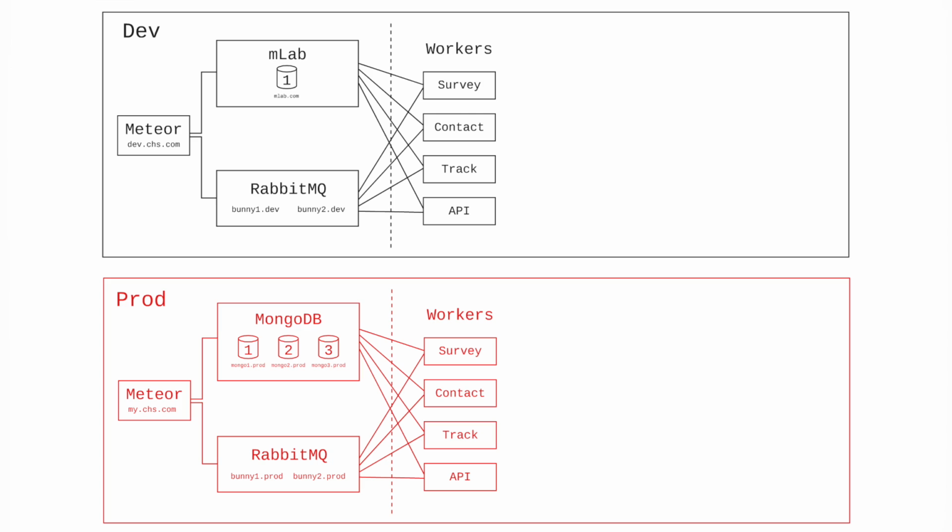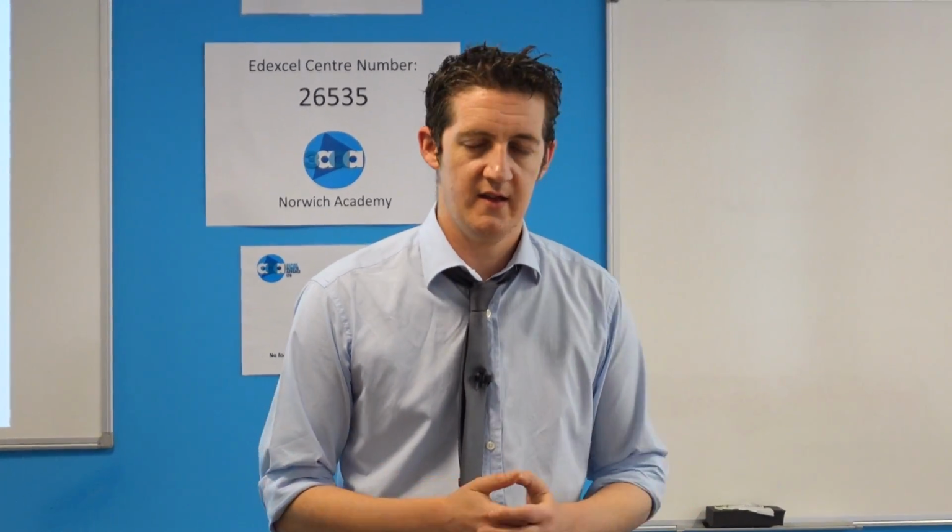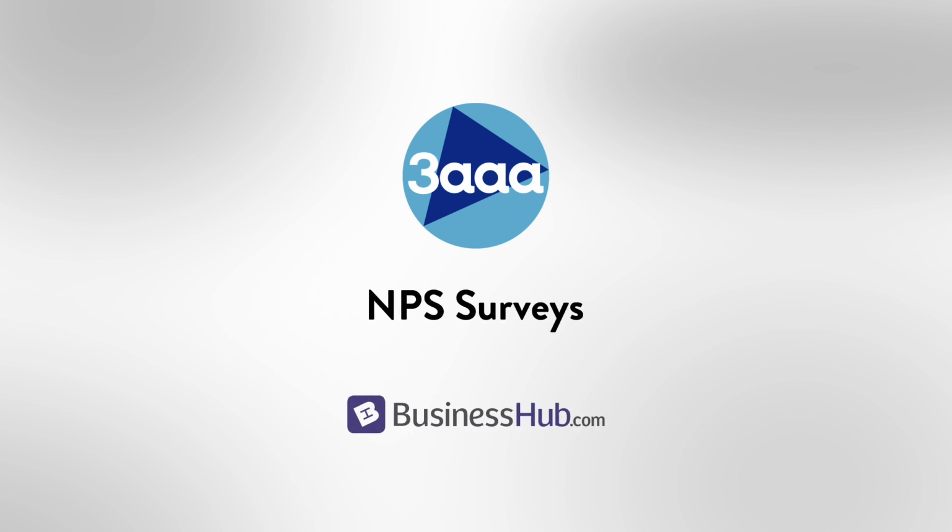How you lay out elements of your code in your application is one thing. At another level, you have to decide where you're going to host it, how you're going to host it,